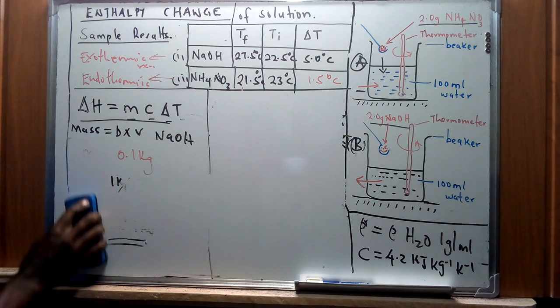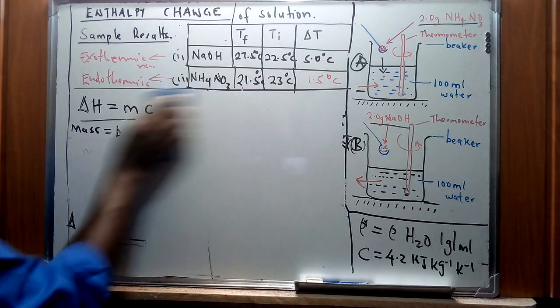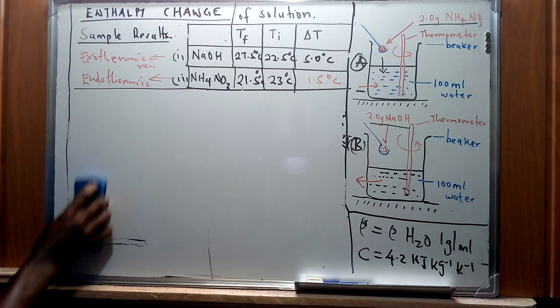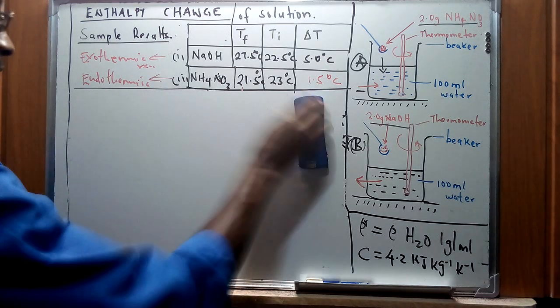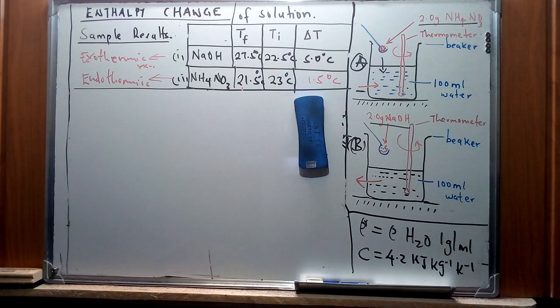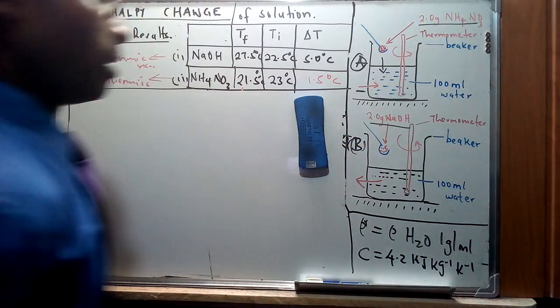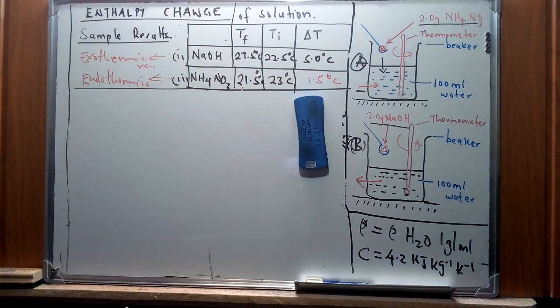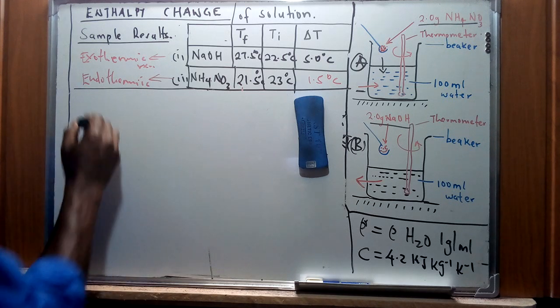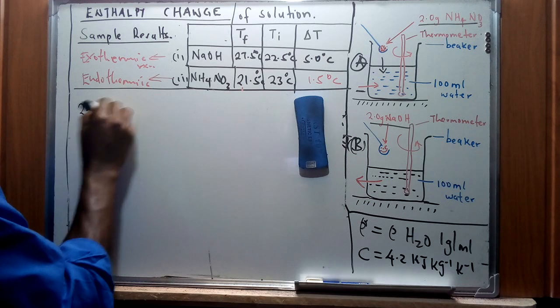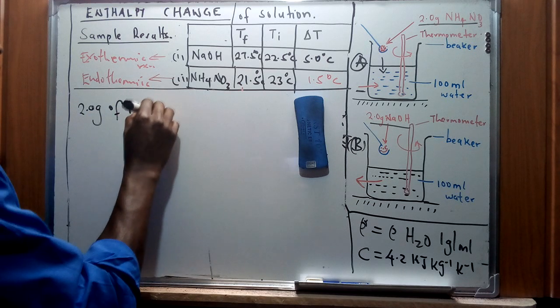And from this case, I mentioned the mole concept, which we can infuse in this and try to figure out what amount of heat is involved per mole of these specific substances. We have said that we dissolved 2 grams of each individual substance that we have mentioned. So suppose we are asked to calculate the number of moles of a solid that is dissolved in this experiment. We are going to see that for 2 grams of ammonium nitrate,